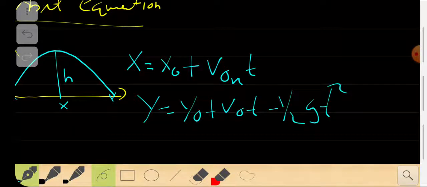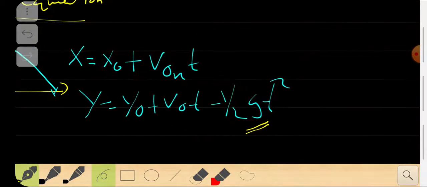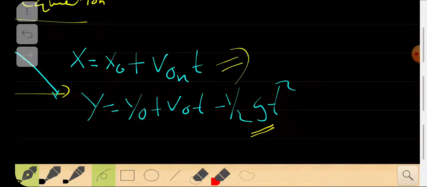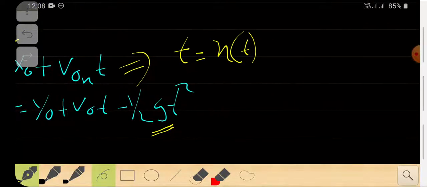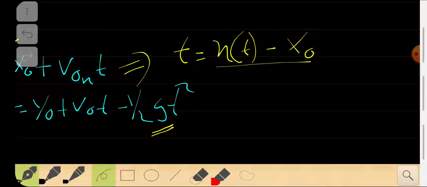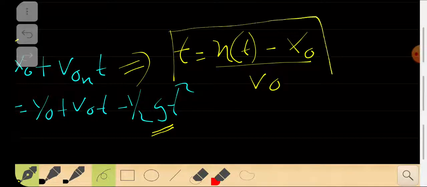That will be y, because there is gravity in this direction, so the acceleration due to gravity comes into this equation, and it is restricting the motion in the y-axis. Also from this equation you can easily find out t, which is the time of flight. In the x-axis, t will be x of t, which is a function of t anyway, minus x0 divided by v0. So from that you can find it out.